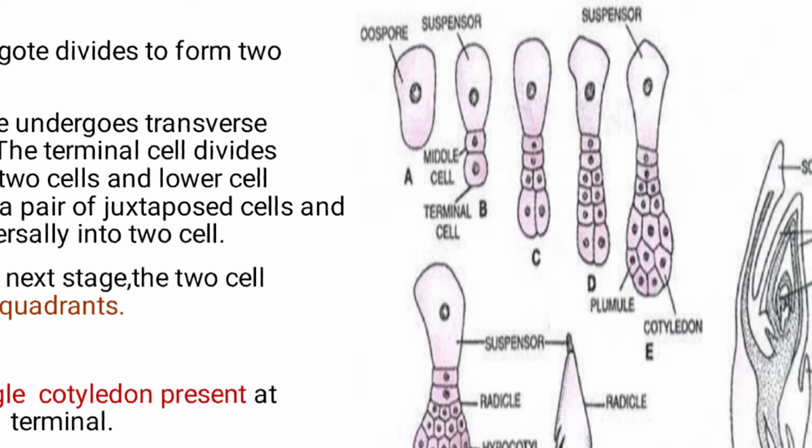What is the difference between monocot and dicot? Here there is formation of three layers: terminal layer, middle layer and suspensor, but in dicot there is no formation of a middle layer. In the next stage the two cells once again divide vertically to form a quadrant. The cells next to the quadrant also divide vertically, and the cell next to the upper vesicular cell divides several times transversely. The lowermost cell of the suspensor is called the hypophysis.